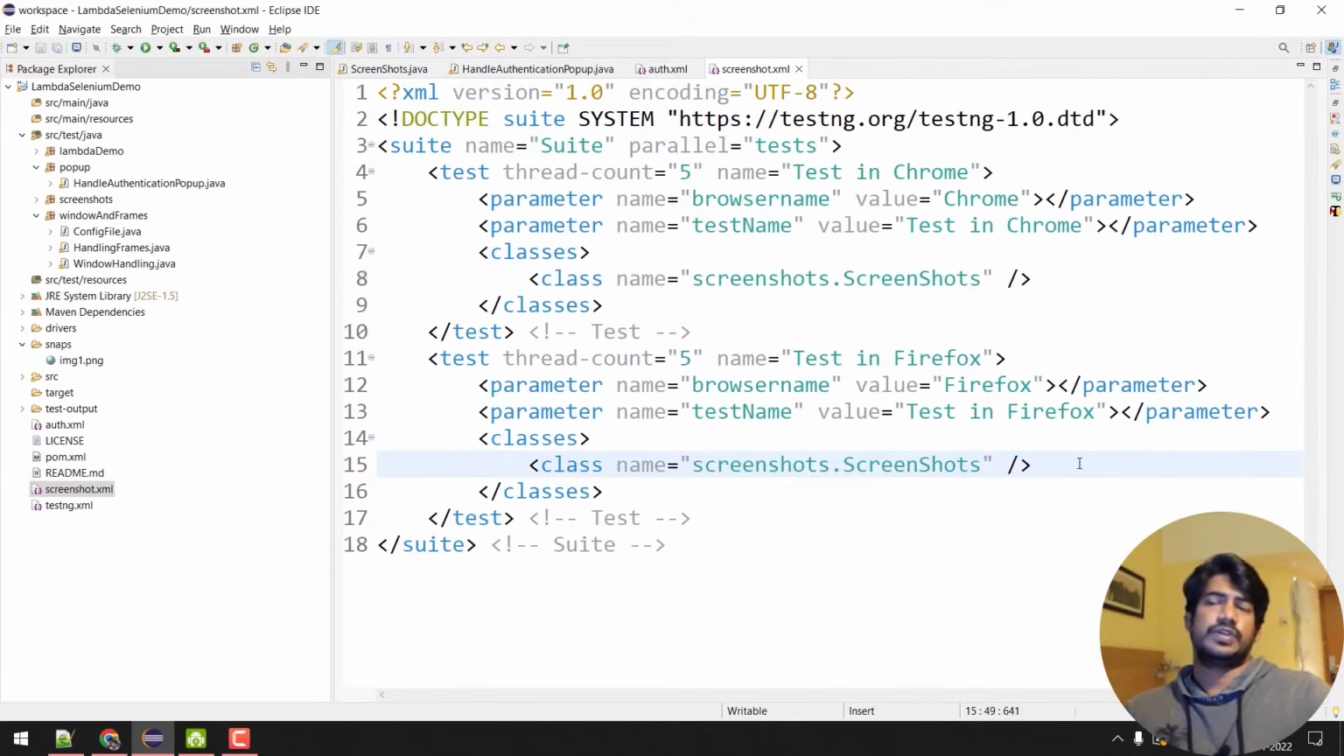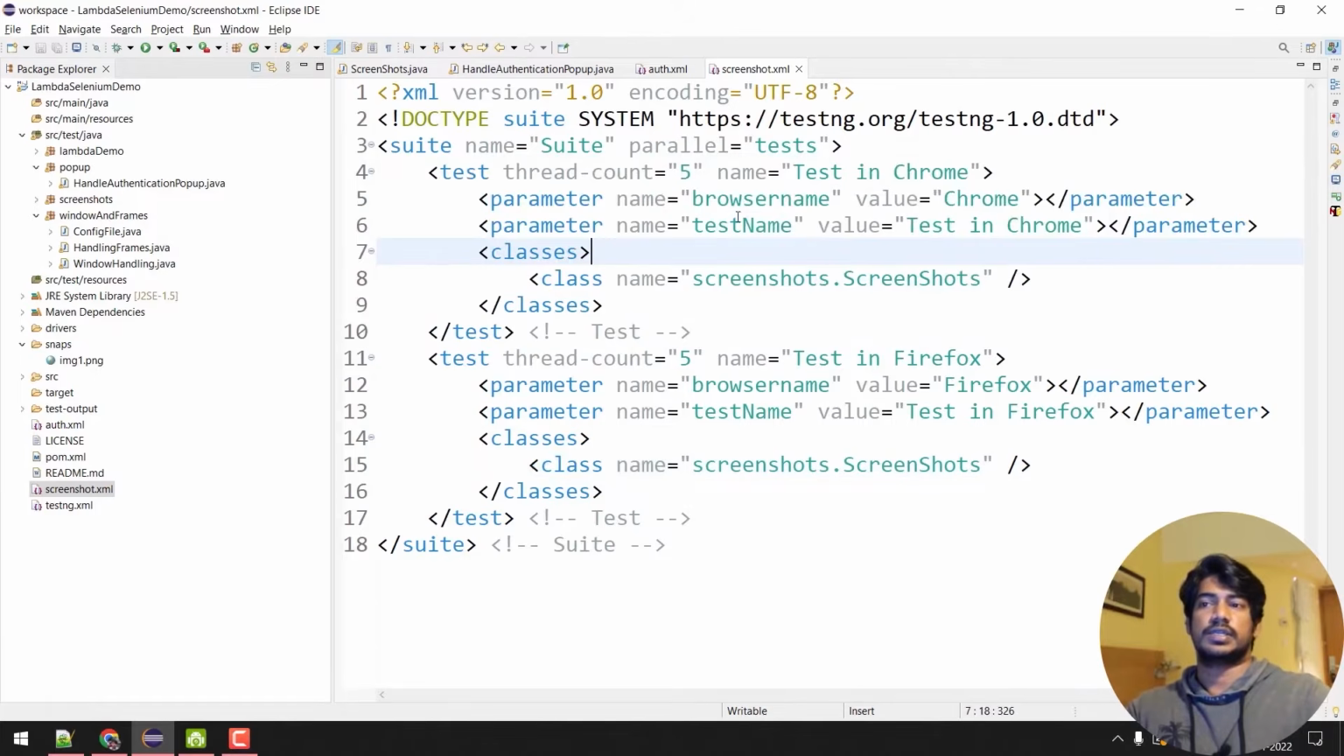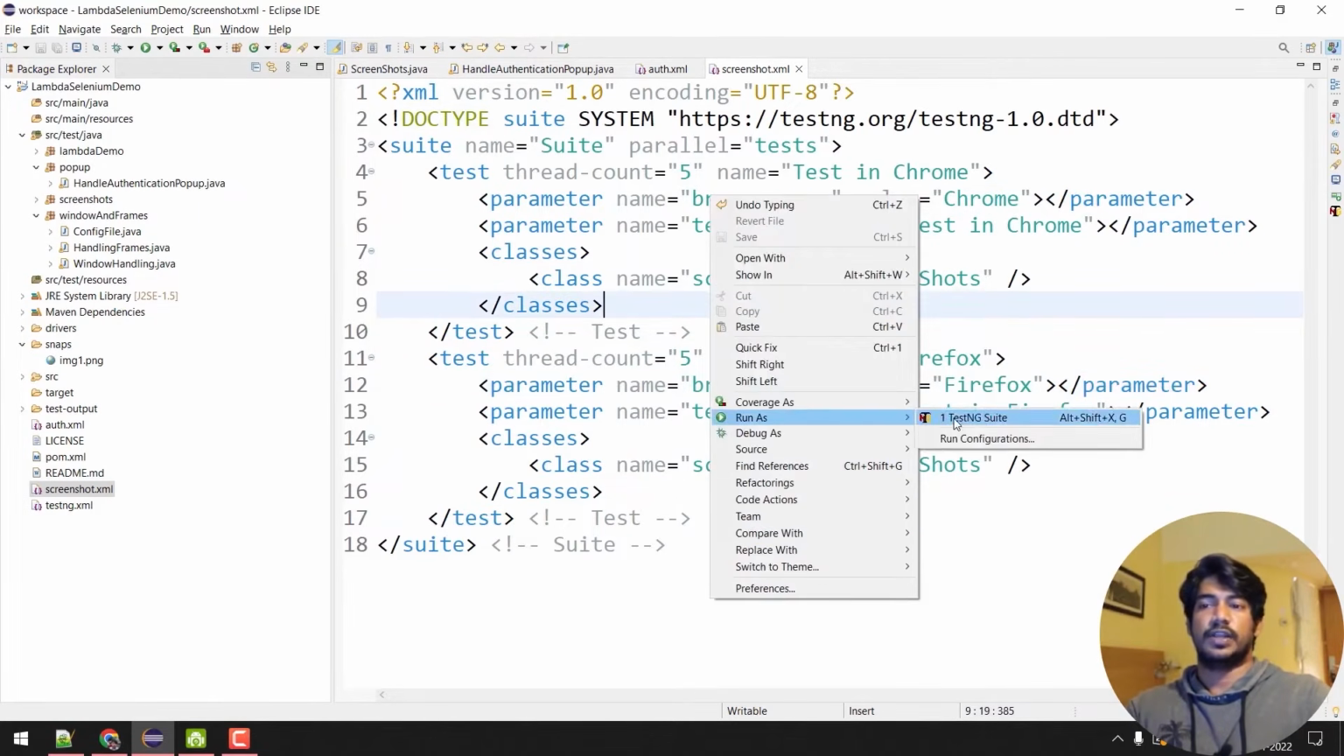Okay, and of course we are going to do the parallel testing, and the cross browser testing concept is also there. So if you see here, we have two test blocks. The first test block has a test name like test in Chrome, and the second one is like test in Firefox. Okay, and of course the browser name is going to be Chrome first, followed by Firefox. Okay, so let's go and run this XML file,